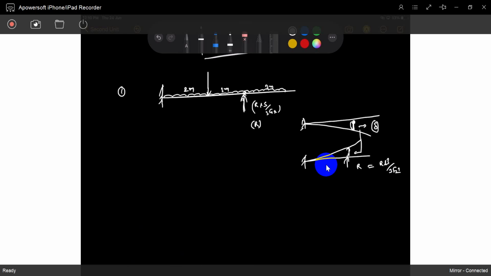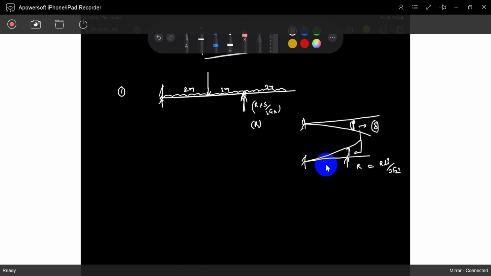Based on that you get slope and deflection. Based on that slope and deflection, these external or redundant reactions are balanced. In this place, it balances the deflection at this location. In this place, the fixed end balances the slope at that location. So you will match those and you will get one extra equation.